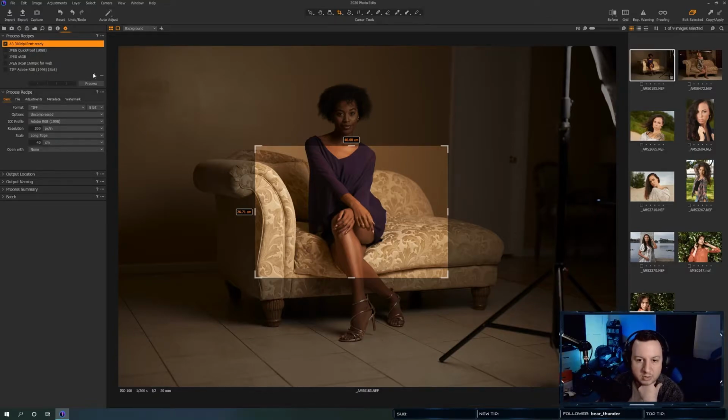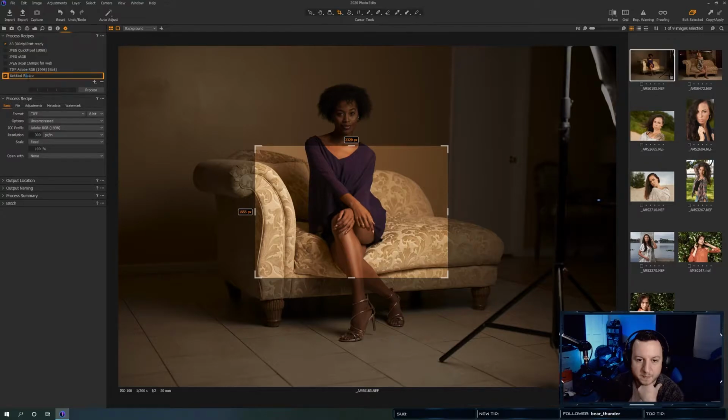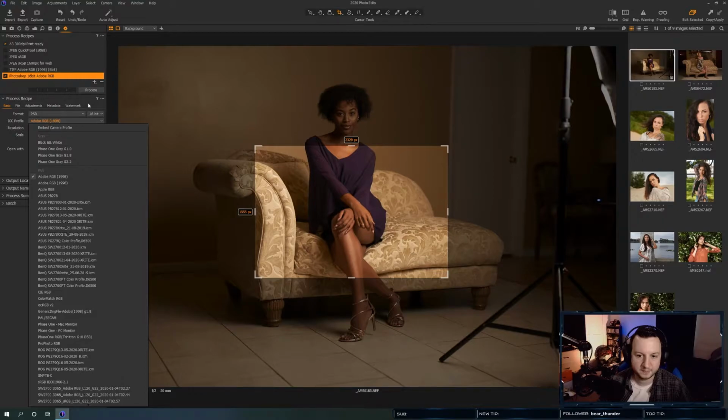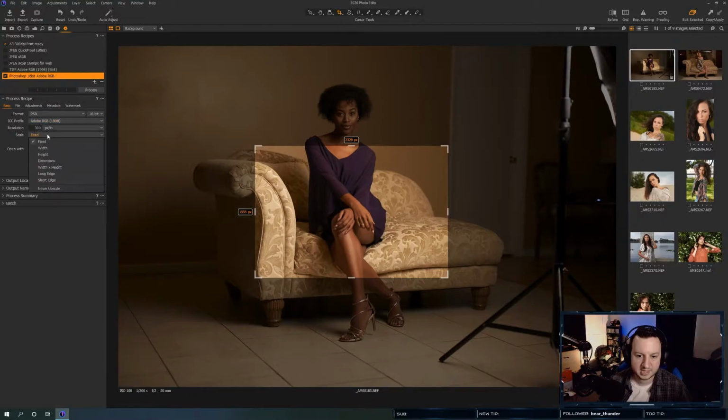So if I do, let's create a new process recipe, and we're gonna call this Photoshop 16-bit Adobe RGB. So the format will be PSD because I like working in PSDs. I want 16-bit Adobe RGB. Scale fixed.